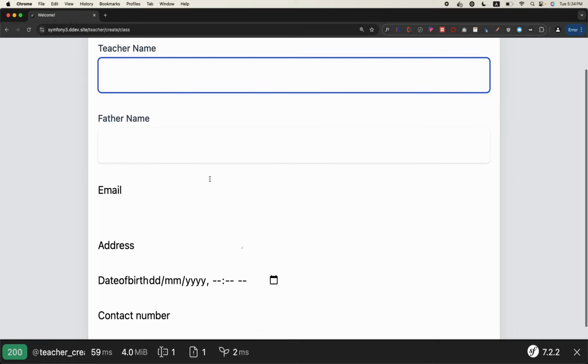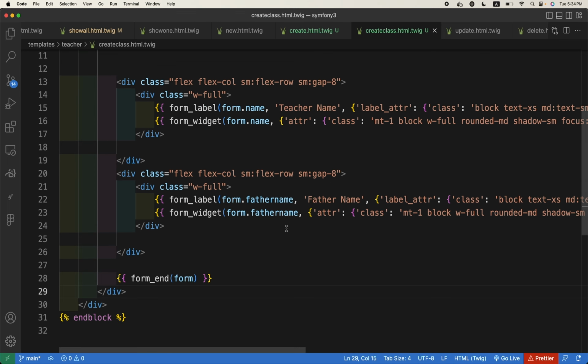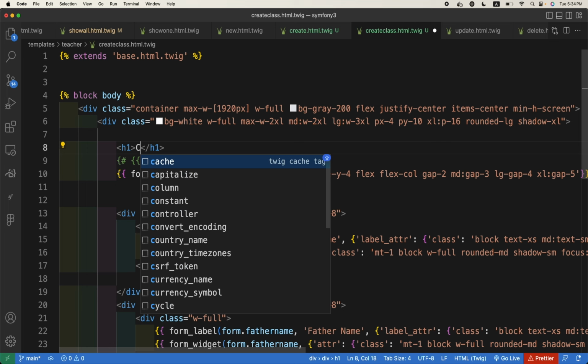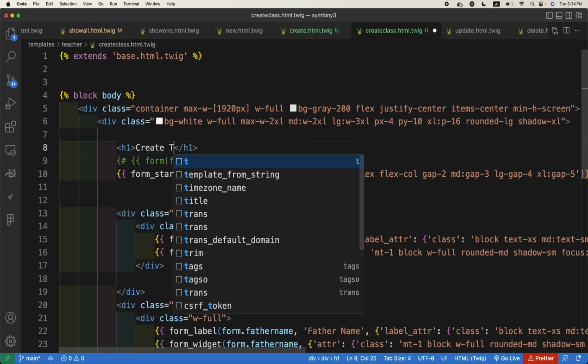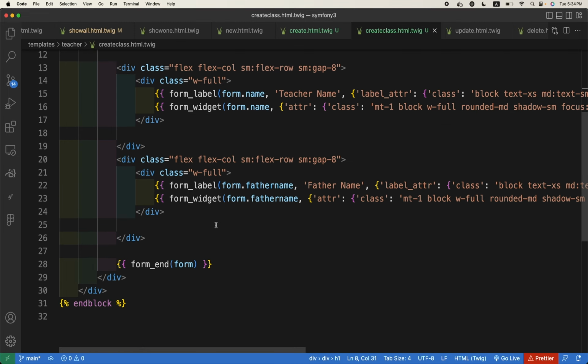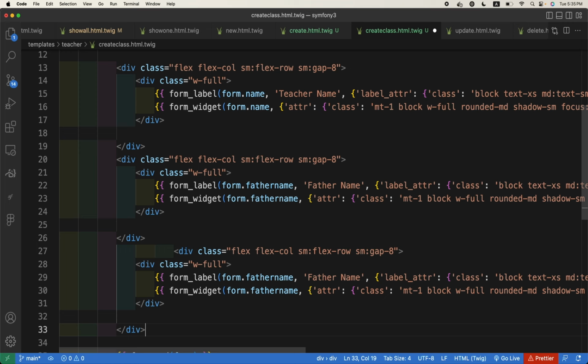Okay, maybe we need to remove this message from the teacher type class also. That message is enough, it has served its purpose. Now we will need to, or maybe we just call it create teacher. Okay, the same way we need to copy all the other form elements also. So I will just copy these elements. What else we had? Email,